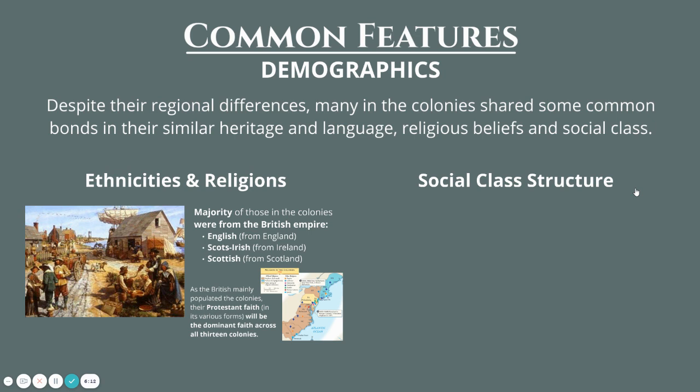So continuing on, away from ethnicities and religions, as we also discussed in class, what really united all of them too was that social class structure. And just what I think is a really great way to remember all of this is that the social class structure of the 13 colonies really was in many ways inspired by, or really mirrored, the social class structures that we saw rising up in the Renaissance period,